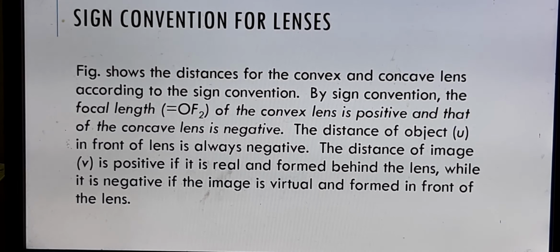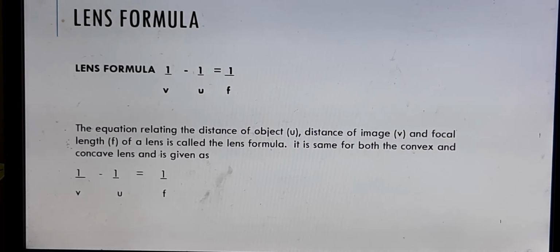But in case of a concave lens, we know the image is always virtual and diminished, isn't it? So that means in case of a concave lens, we will always get the value of v as negative. So for a convex lens, v can be positive or negative depending on where we place the object. But in case of a concave lens, v is always negative. Remember that. So you have to use the proper sign. Now there is a formula, the lens formula. That lens formula is given by